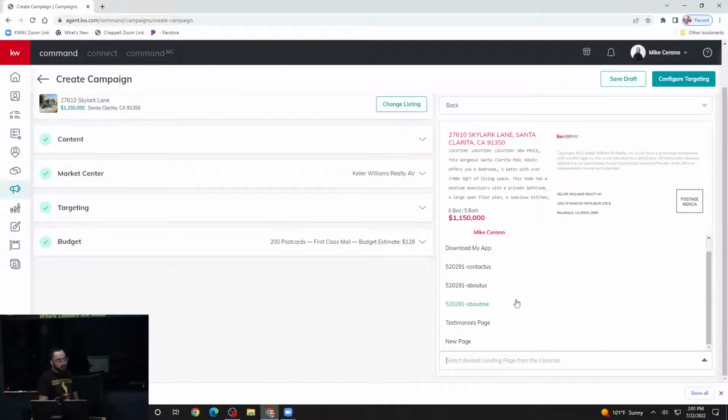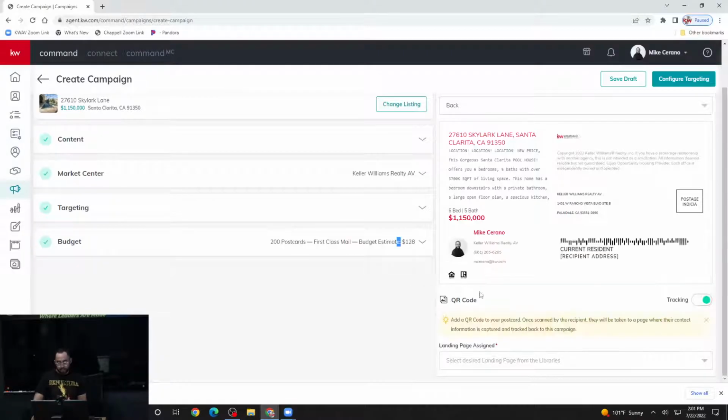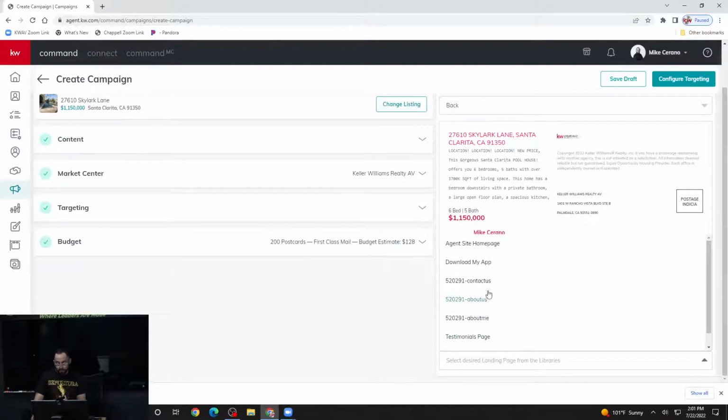Landing pages are another tool as part of Command that you can create, basically a small custom website about a listing. And you'd have to create it before getting into this postcard. If you have that already done, then you could have it selected here